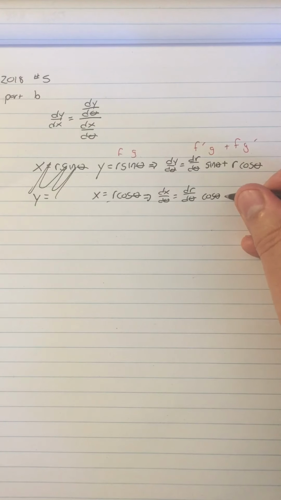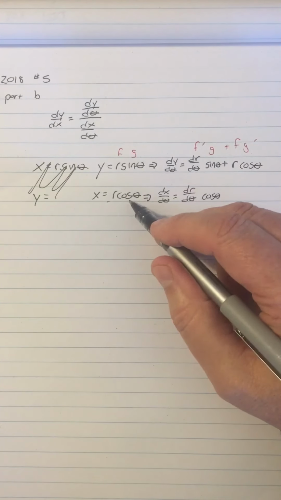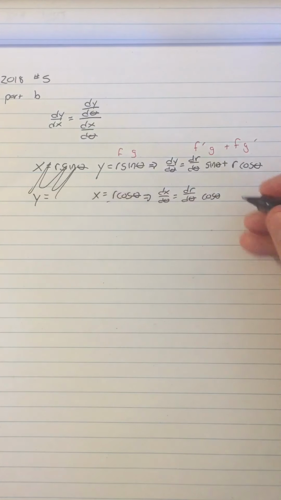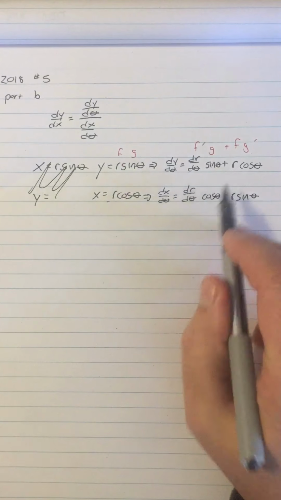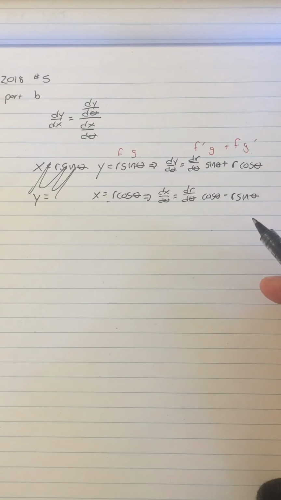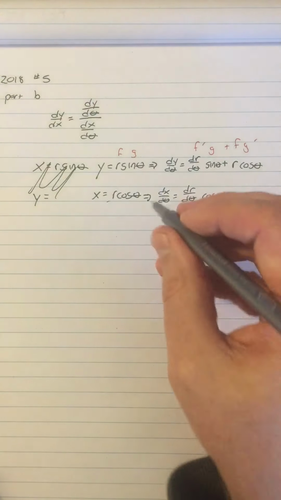And then now I'm going to have plus r times negative sine, because the g prime is going to be negative sine. So let's put minus r sine theta. So that's just using product rule and partial differentiation on those two. All right. So now what we need to do is we have this information that we know that we're looking